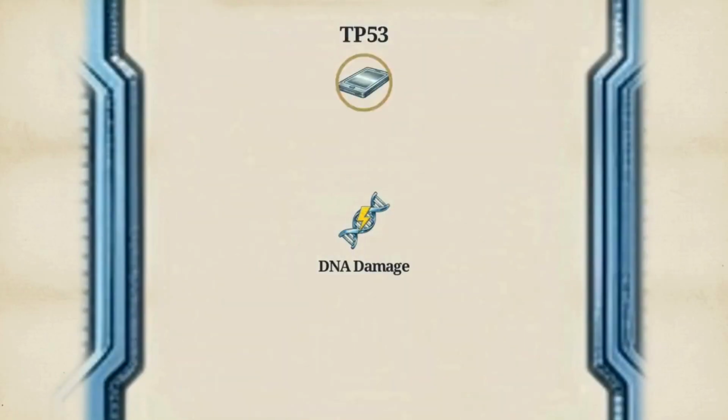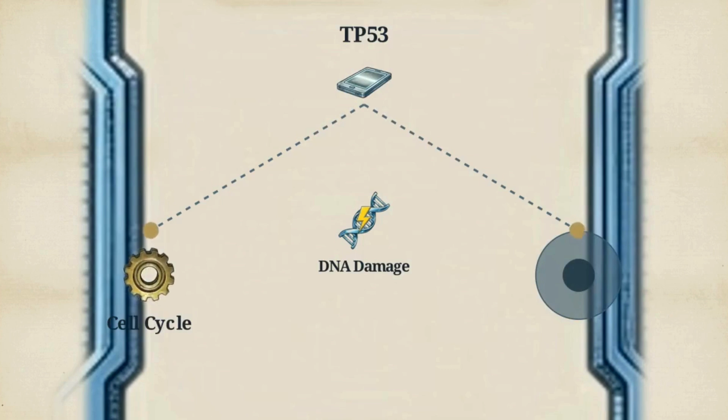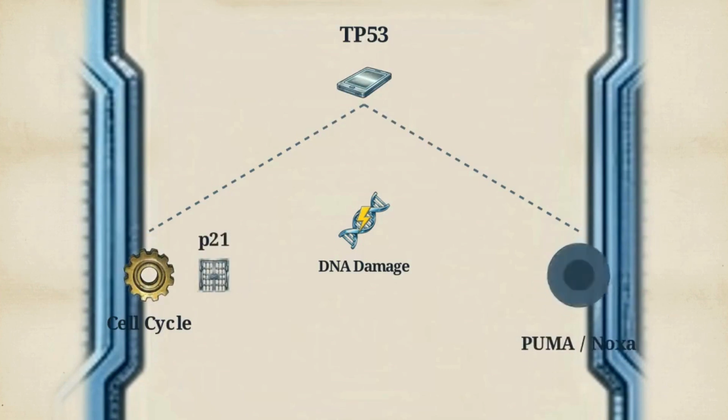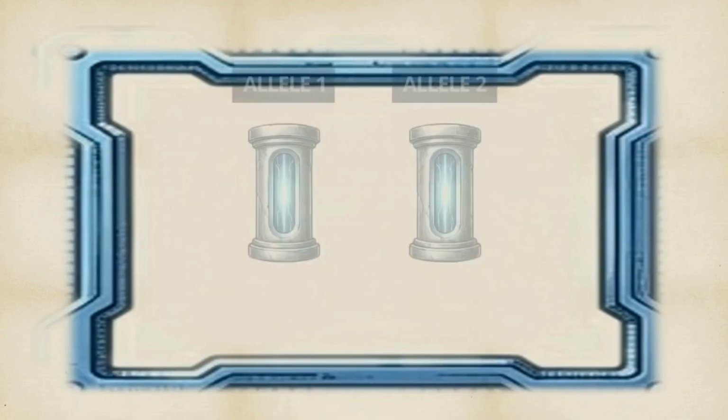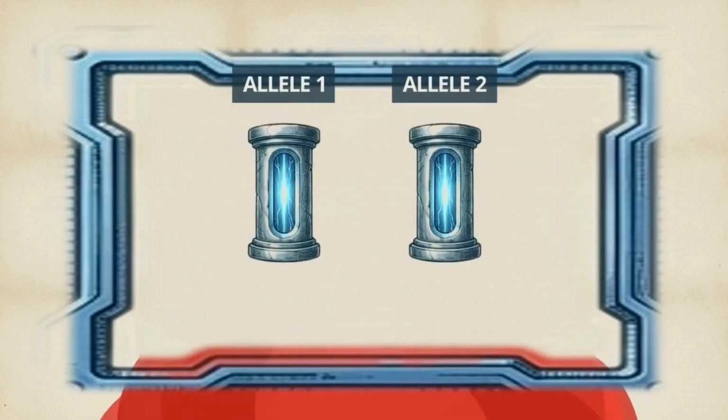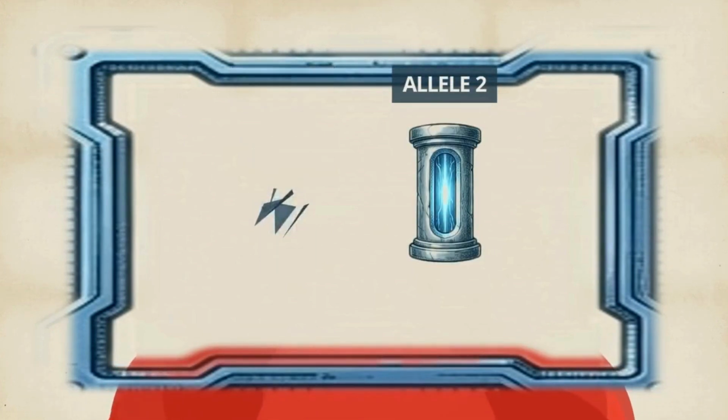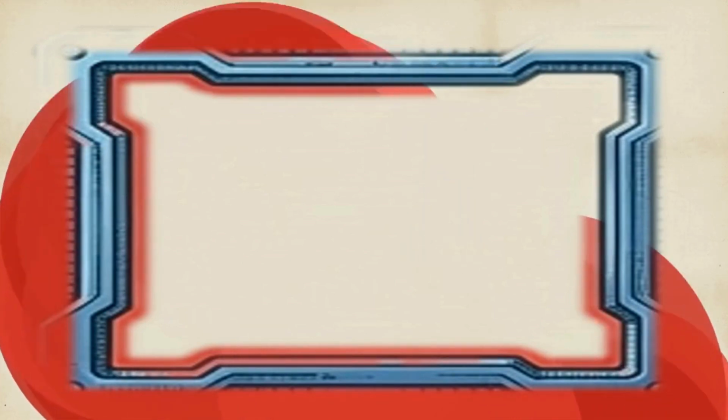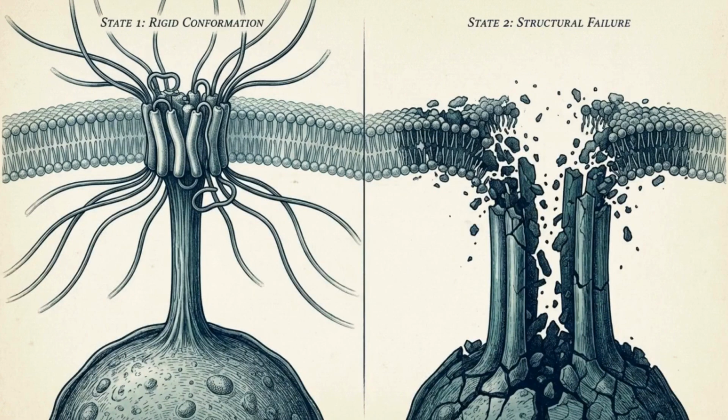In the presence of DNA damage, TP53 halts the cycle in G1, or activates pro-apoptotic members of the BCL2 family to eliminate the cell. Knudson's 2-hit hypothesis explains both alleles must be disabled. A mutation in the first allele leaves the cell vulnerable, but the remaining functional copy maintains control. When the second hit occurs, the cell suffers a complete loss of function. The regulatory barrier vanishes. Oncogenesis occurs at this intersection, the activation of an oncogene to drive growth, and the loss of tumor suppressors to remove the ability to stop.